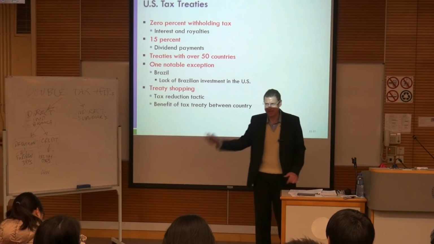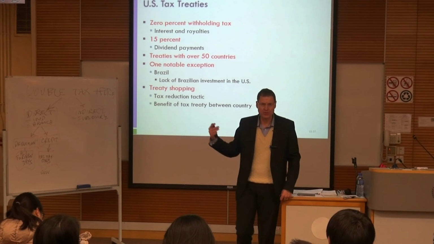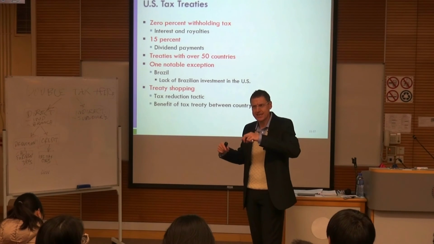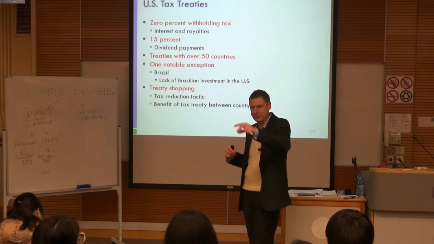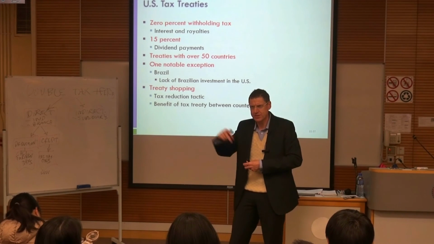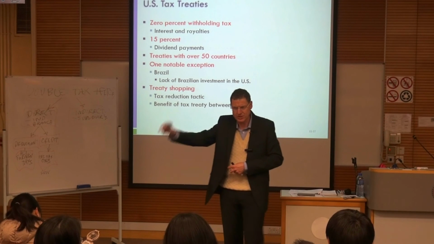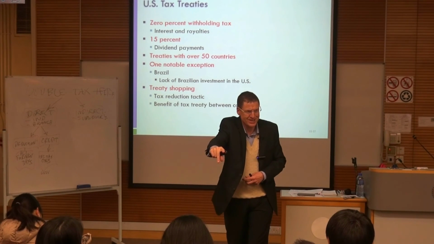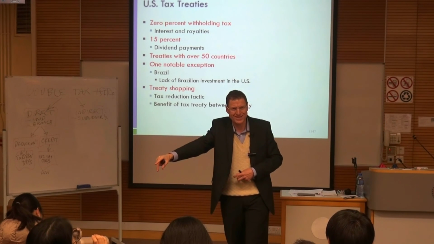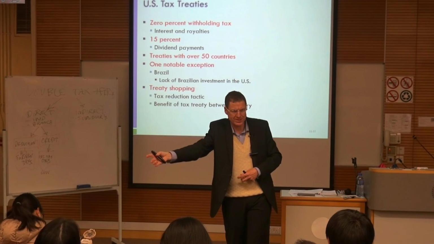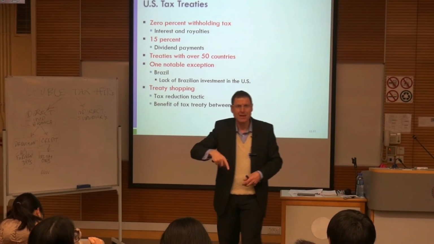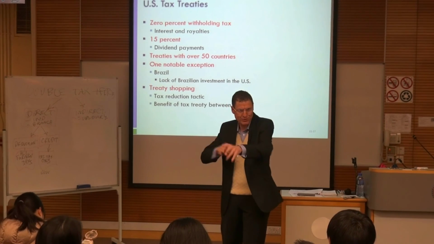You find a third country that has a good treaty with the US, and then you physically send a shipment of goods maybe from China to the US, but you invoice the third country and get that third country to invoice the US. And so the tax credit comes back to that third country where your subsidiary is located. You with me? All right, so more about that next week, transfer pricing, lots of